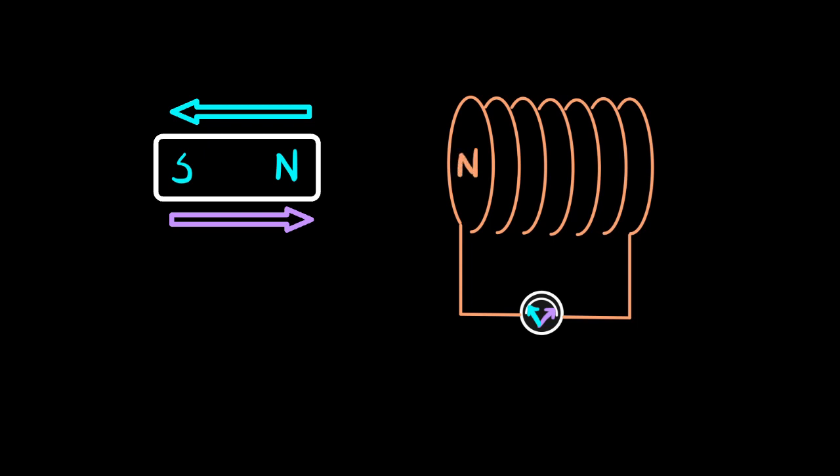So the current would flow here in such a way that it creates a north pole here, and then obviously the other end would be a south. So if we were to move the magnet inwards, and let's get rid of this for now, so everybody is clear that I'm talking about the magnet moving towards the coil, then this must be a north pole here. And when I apply some force and give it some kinetic energy, I am providing kinetic energy, and that leads to some electrical energy in the circuit,